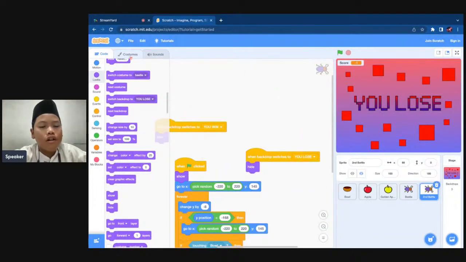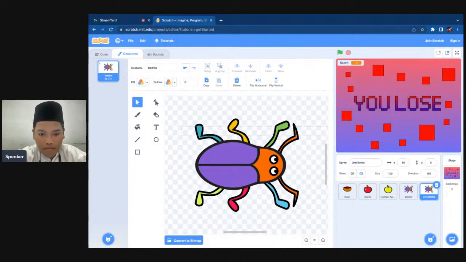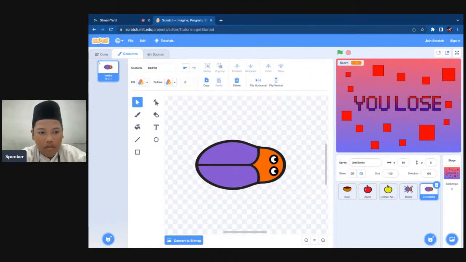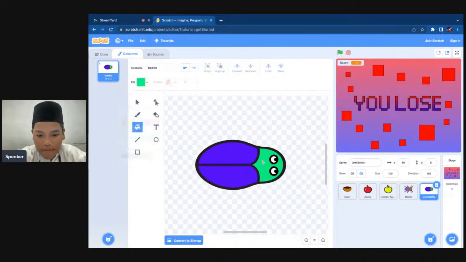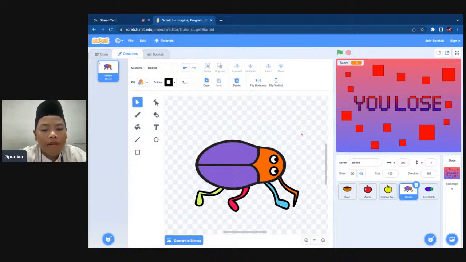And then you can also go to costumes and delete the legs, like this. And you can change the color into anything you want. I'm going to change my beetle. The wings are blue and the head is green. And the first beetle, do the same. Delete the legs of the first beetle.